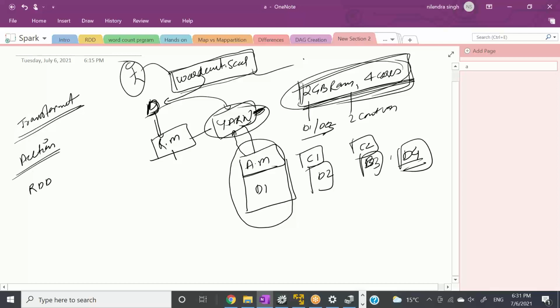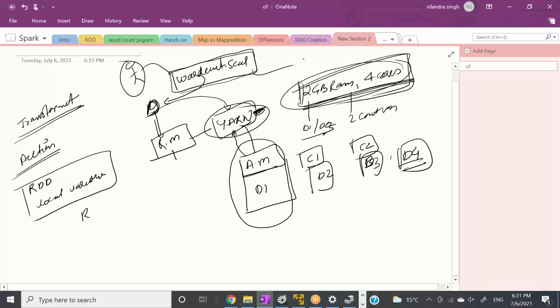Whenever we do an action on any RDD, it will create some local result, right? So whenever Spark receives any transformation, it will create a DAG for you. I have covered this in a lot of detail in the previous lecture, but I'm just covering it to give you the holistic picture.